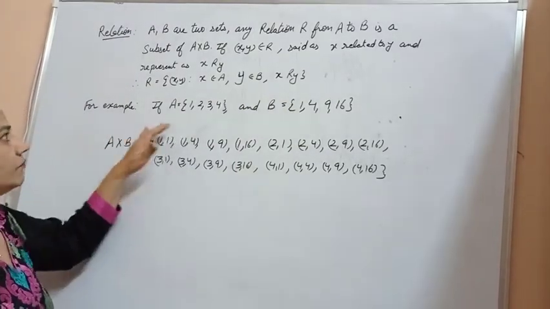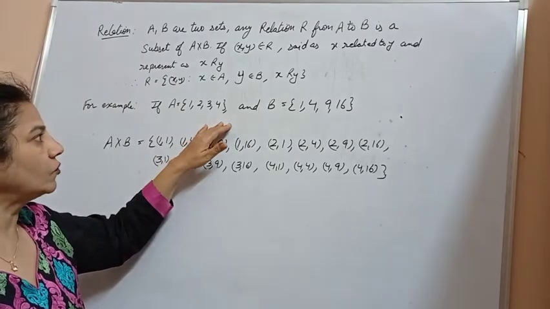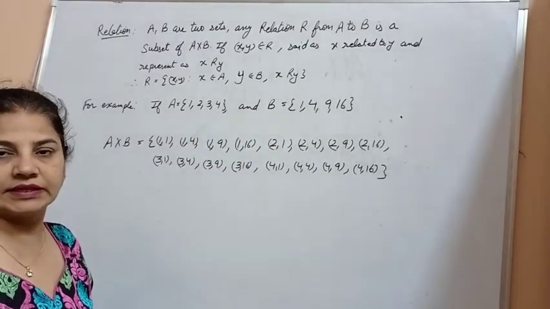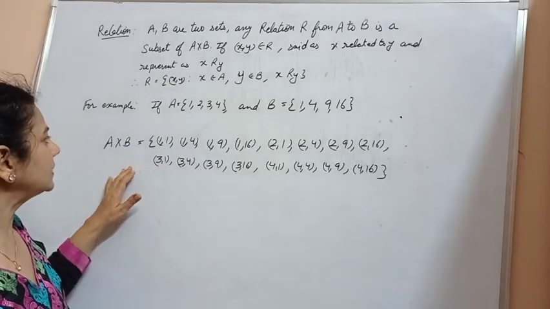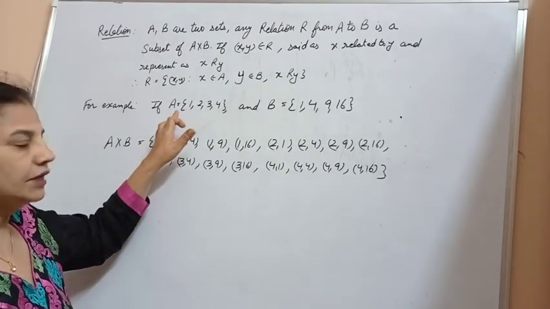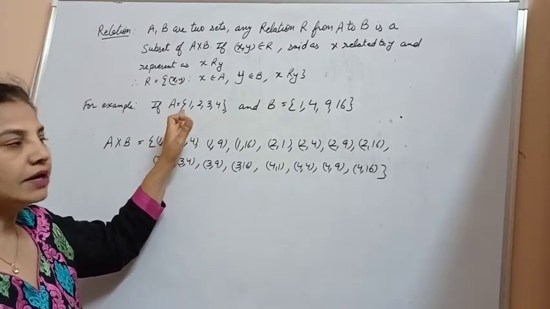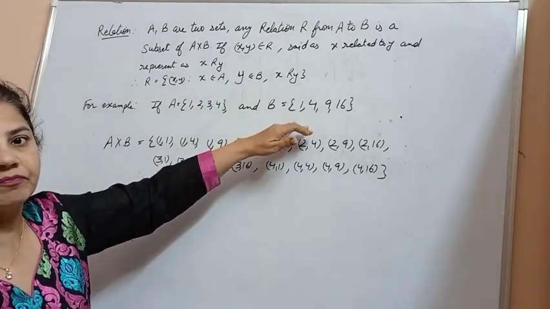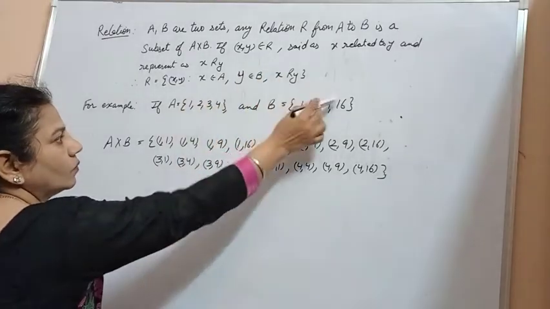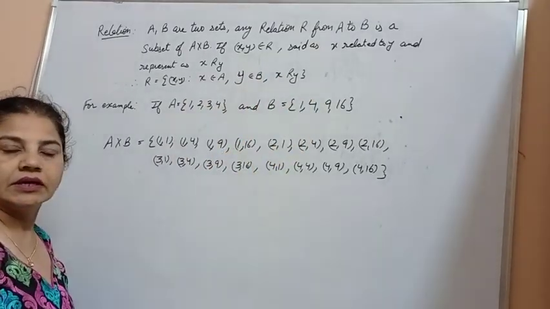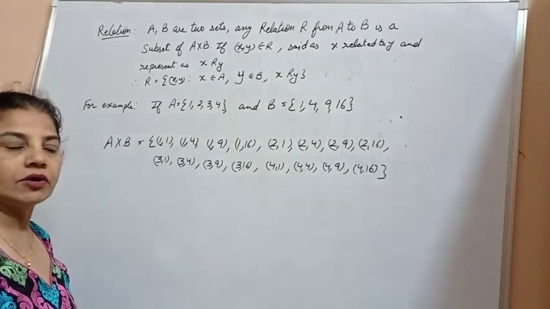For example, if A is the set {1, 2, 3, 4} and B is the set {1, 4, 9, 16}, we make the ordered pairs of A cross B by pairing each first element of A with the second element of B. So we have (1, 1), (1, 4), (1, 9), (1, 16) and so on. We make the ordered pairs. Now the relation